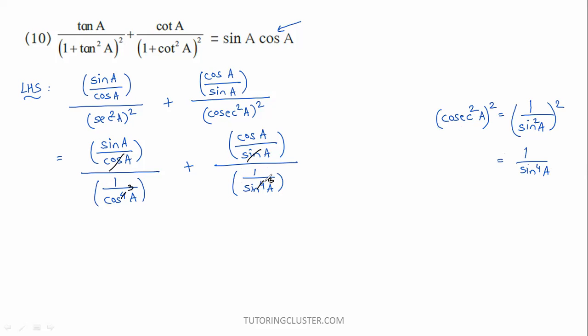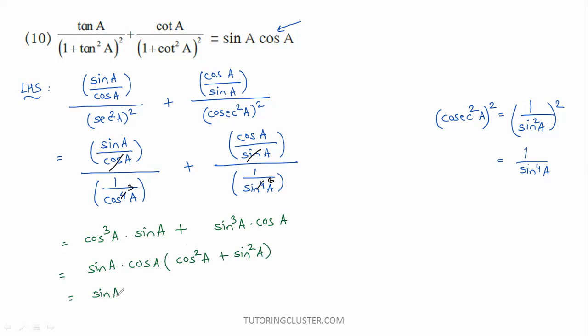So what is remaining? Please check carefully. I can take this cos cube A on the upside. Cos cube A into sine A plus sine cube A into cos of A. I can take sine A and cos of A common. So what will be in bracket? Cos square A plus, from the second term, sine square A, into sine A cos A. What is sine square A plus cos square A? It is nothing but 1. That is our trigonometric identity. This is nothing but your